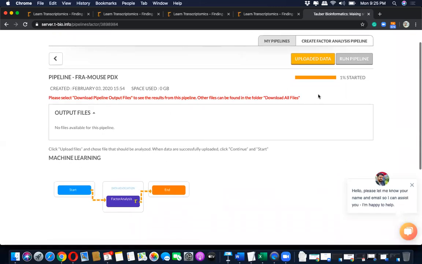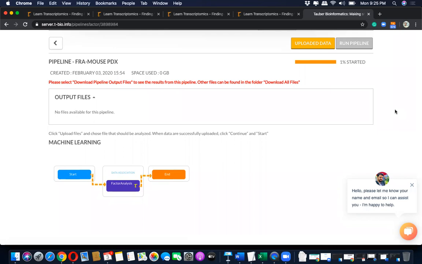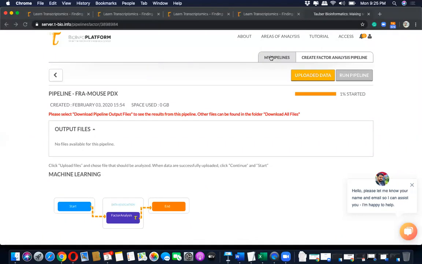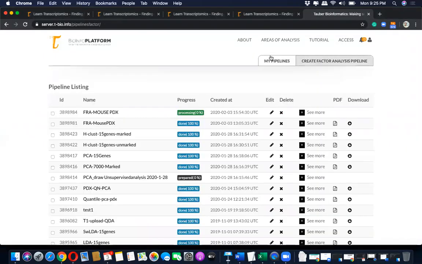Once your pipeline has started, it will show like this, that it has started. And now you can look at the pipeline by going into my pipelines. So it's running, right? So first, what we did is we need to,